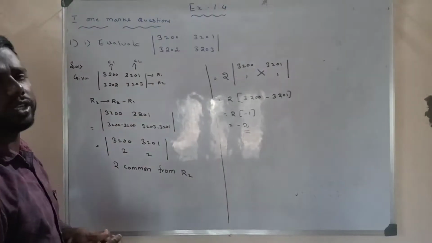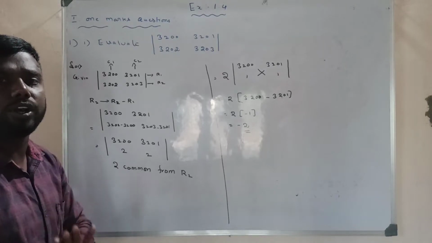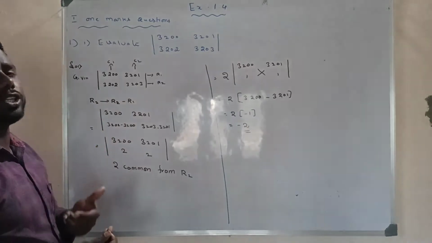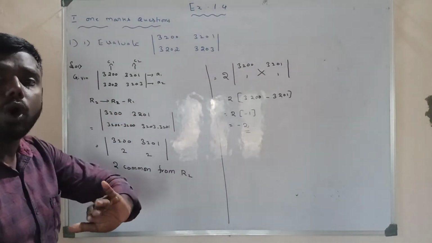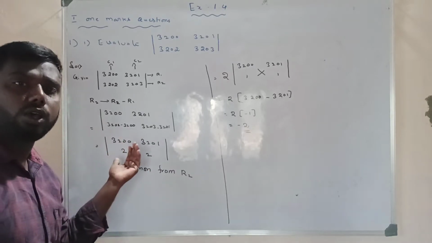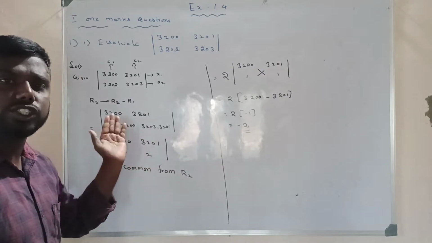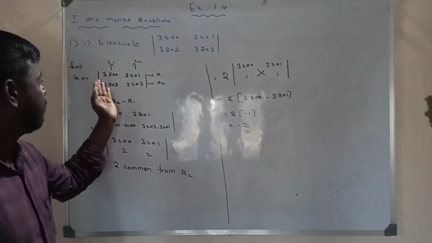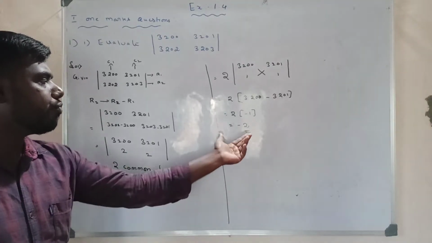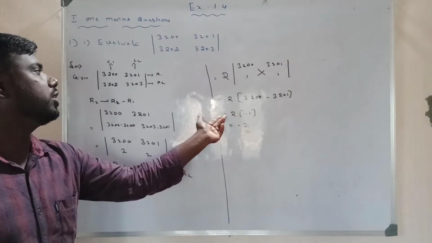This question is very important for the final exam also. This type of question is very important for the final exam. I think everyone understands this. Applying row operation or column operation is your wish: we can change the first row to the first row minus the second row, or change column 1 minus column 2. We can apply row operation or column operation, and finally we get the same answer. I think everyone understands this question.